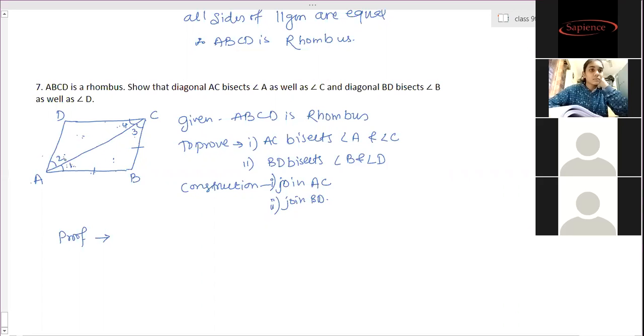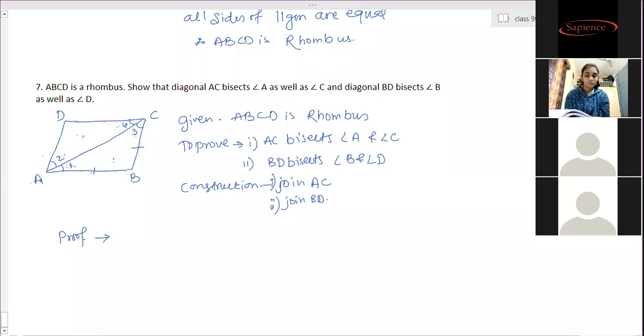So if you want to show 1 and 2 equal, angle 1 is present between which sides? AB and AC. And angle 2 is present between AD and AC. Right? So AC is the common side. To show these two angles equal, we have to show AB and AD equal. Then you can tell the congruency. In that case, 1 and 2 you can prove equal by CPCT, and 3 and 4 are equal by CPCT. But if you show AB and CD equal, then you can't say by CPCT that 1 and 2 are equal.